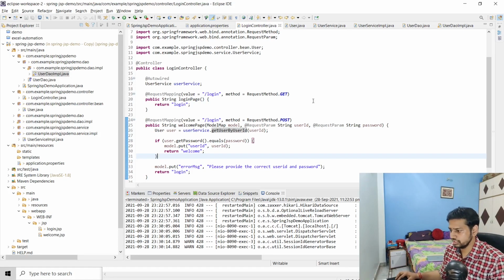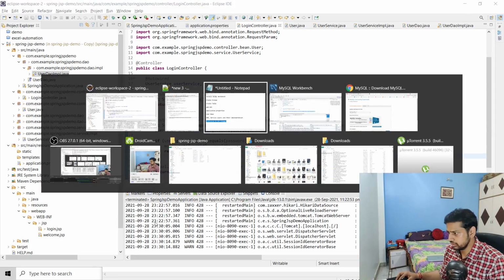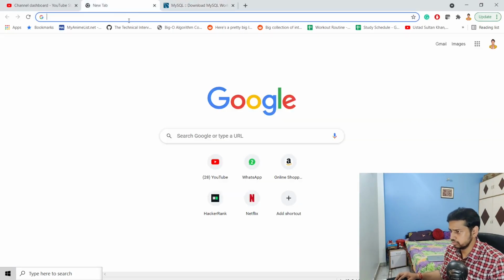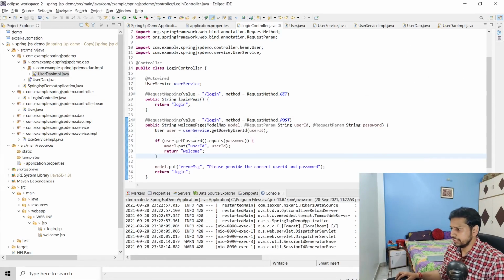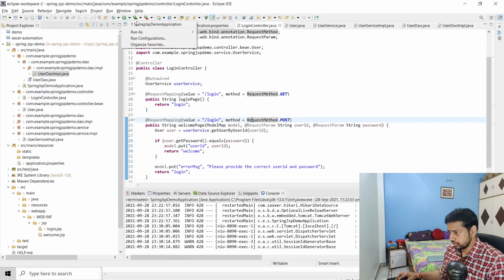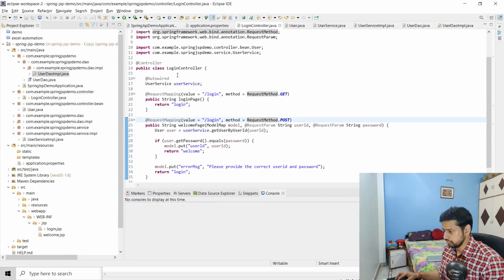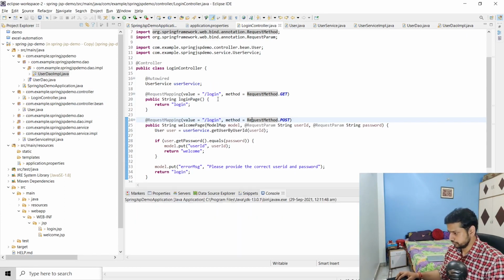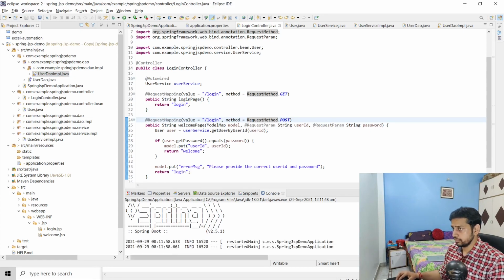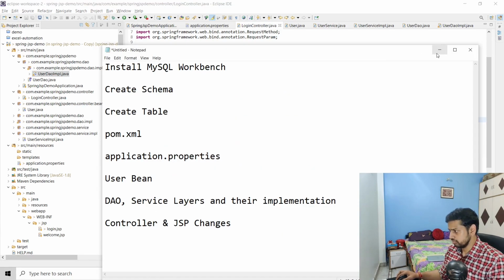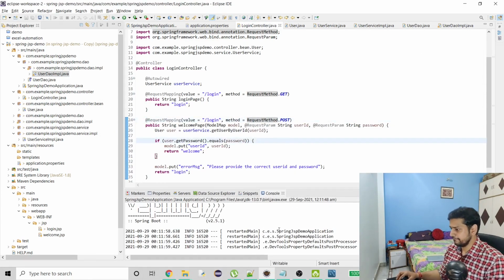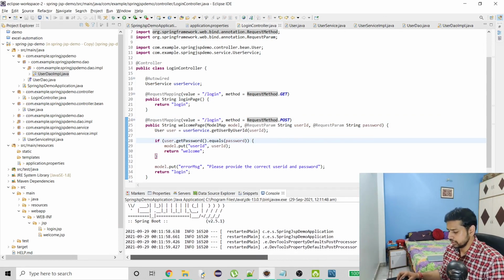So now let's try to run this. I'll make changes to the JSP later on. Let's come to Google Chrome. I think I did not run this, so let me quickly run this. Yeah, it got started.